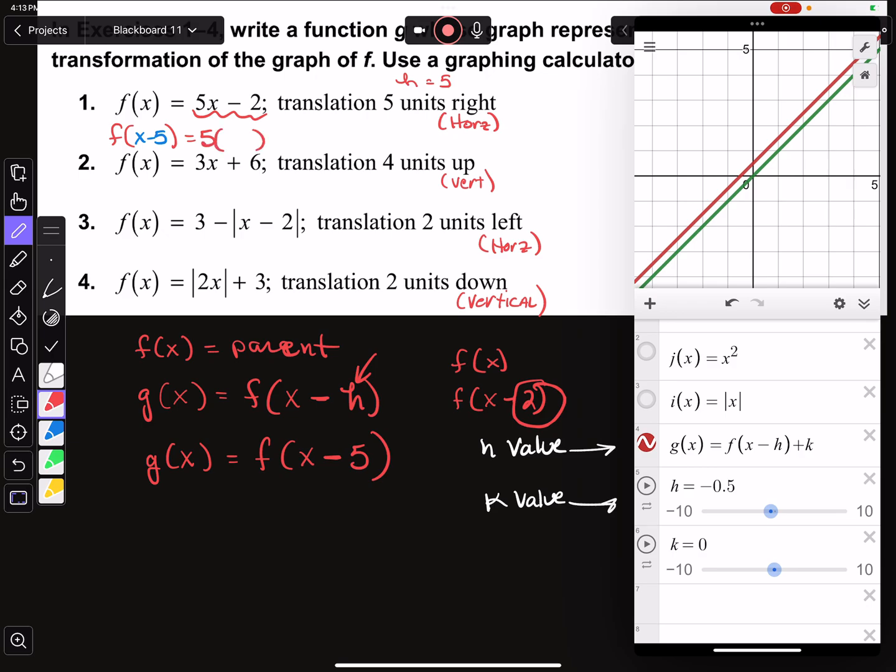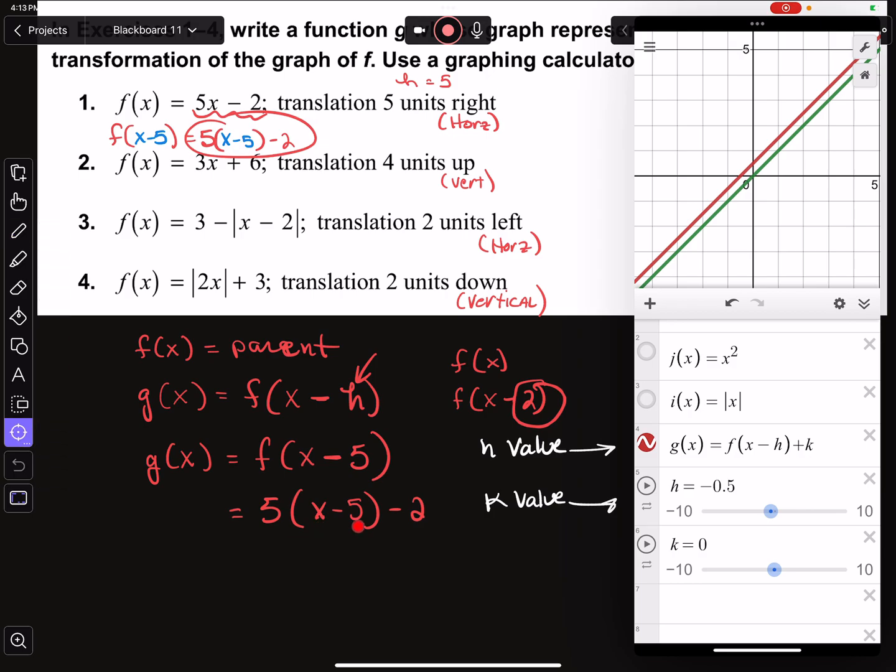I'm replacing the x with x minus 5, and then going minus 2. And so there's my answer. Okay, now I'm actually going to do it down here, though, because that's where it should go in my workflow. It looked like x minus 5 and there minus 2. Okay, and I can actually see, hey, that thing is translated right by 5